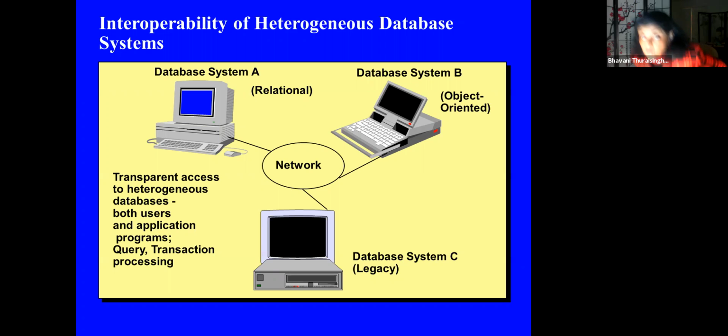And remember, when we talk about the 70s, 80s, 90s, we didn't really have that much storage. We never talked about the cloud. We didn't have the web at that time. Of course, in the 90s we had the web, but not so much in the early 1990s. And so the thought was, not just ours, the community's, that you want to fragment the data and store it in different sites. So database A, system B, and system C. Transparent access to heterogeneous databases, for both users and applications.